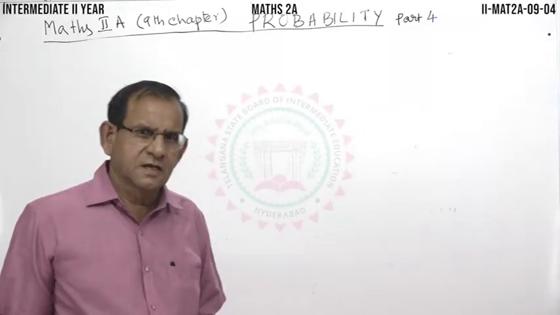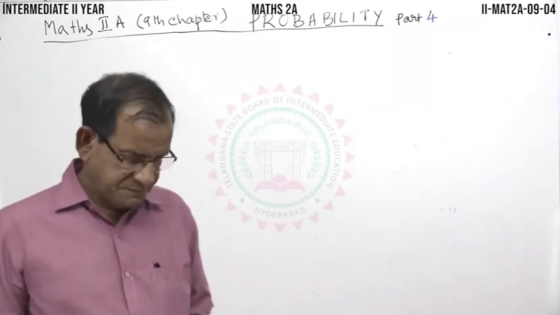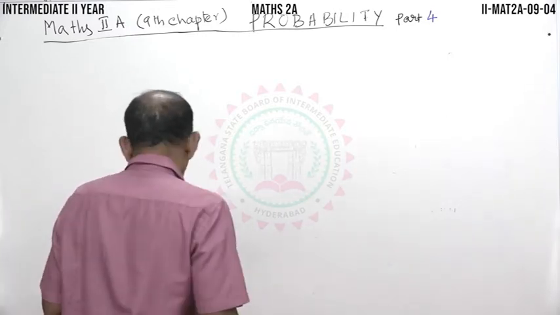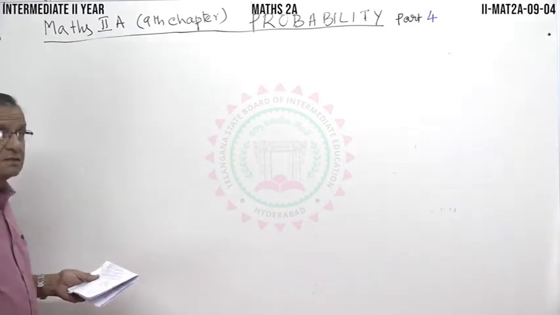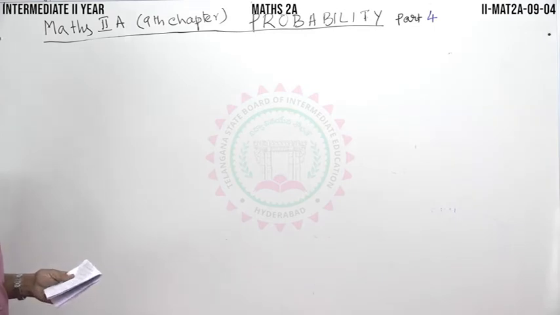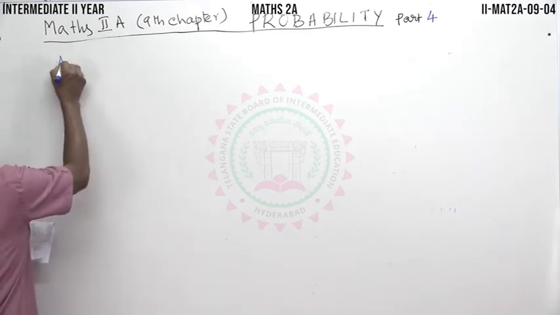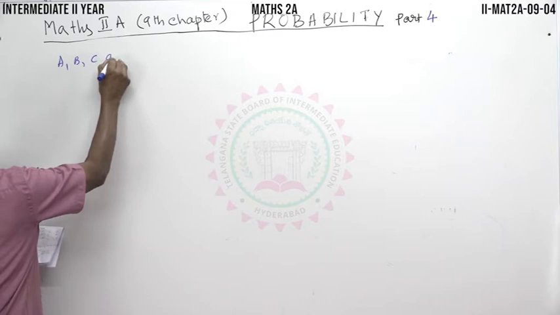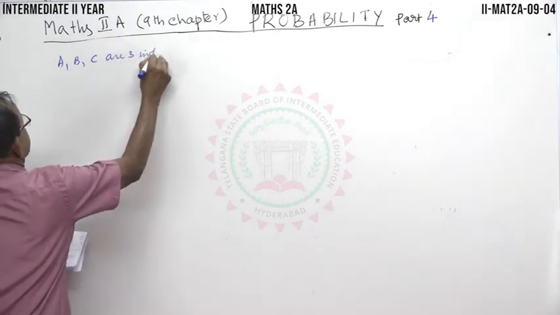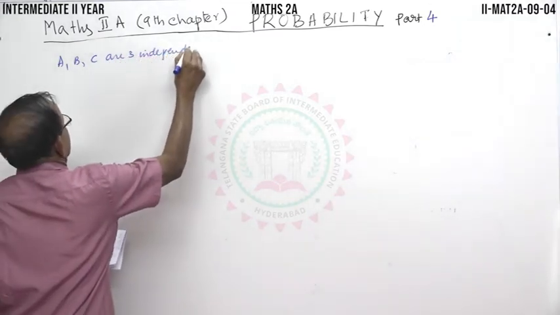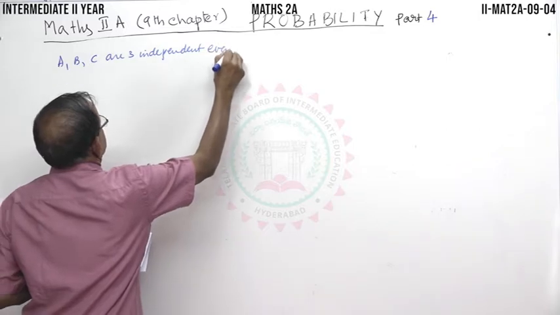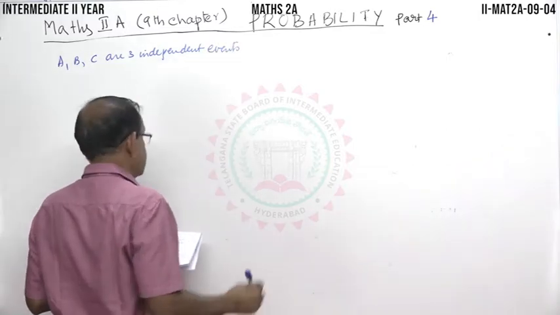In this class, I want to explain some more problems. Now, there are three independent events A, B, C, such that